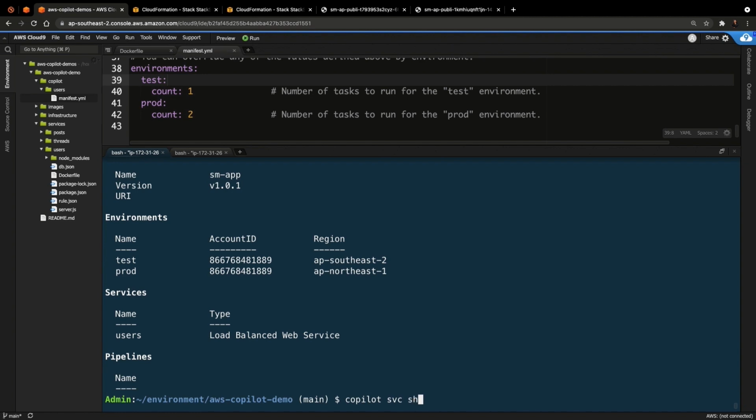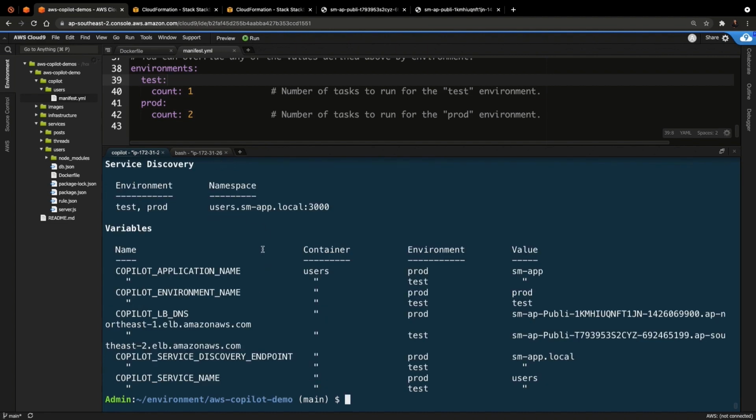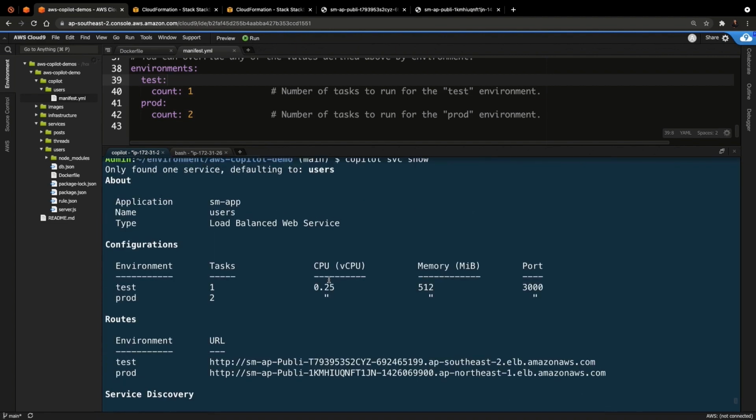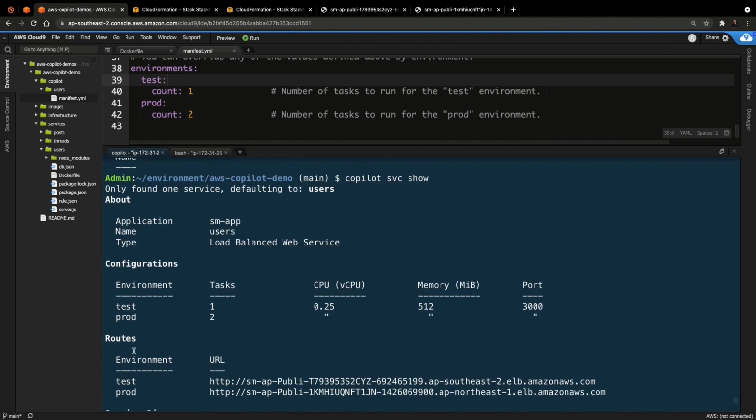So if I want to see where these services are deployed, I can just do copilot svc show. Okay, so it says I only found one service that was user, so I'm just defaulting to that. And you can find which application, which users, what kind of service it is, what environments, how many tasks